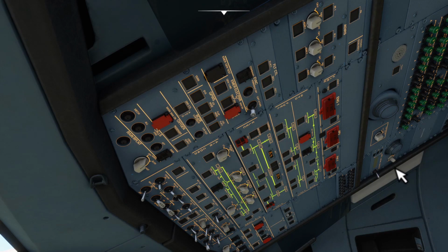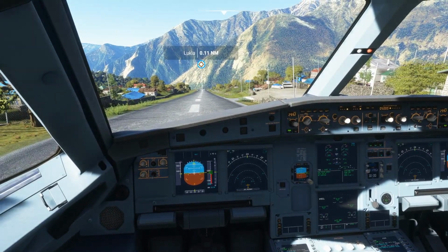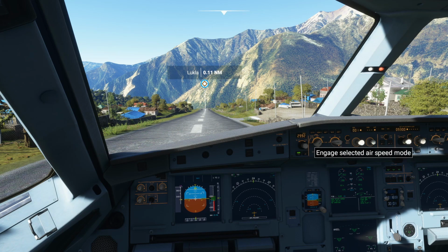First of all, as you can see, I'm turning off the spoiler and elevator computer number 2 here. This actually helped me with the latest glitch. Some of you might have encountered it as well. It is causing the aircraft to roll left or right just before touchdown. And by turning this computer off, it actually fixed that issue for me. Well, you have to control the trim yourself in that mode, but that's still better than having the aircraft roll